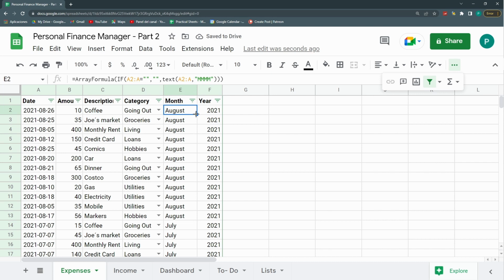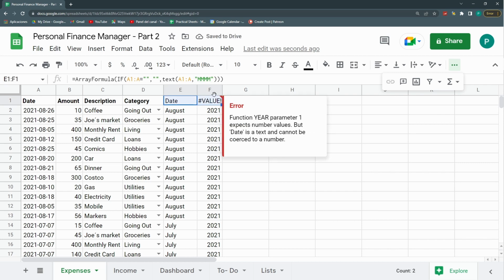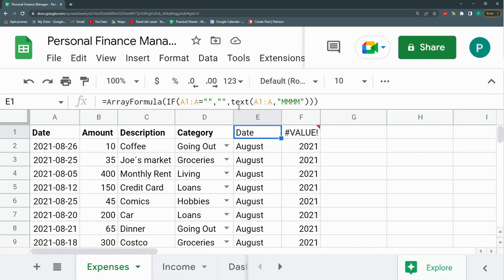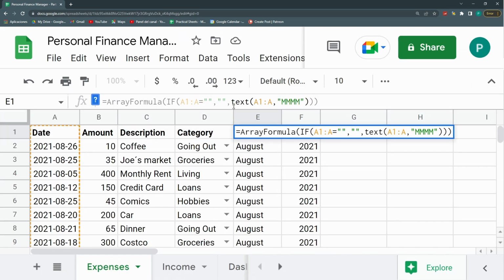So I'm going to remove my filter, then I'm going to drag this array formula up and delete the one here in the second row, and the same here, I'm going to drag it up and delete this one. So here I have some errors, so I'm just going to add another if function here,